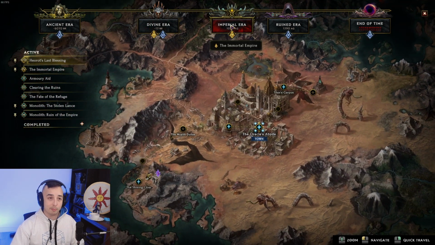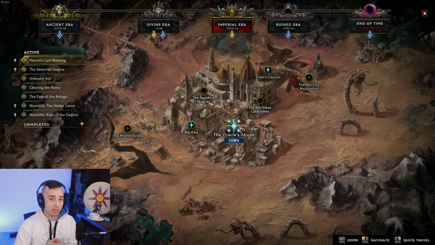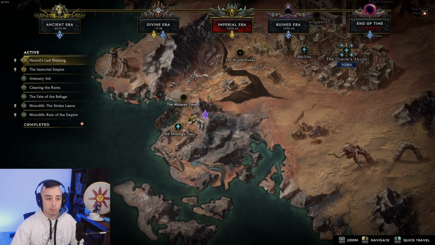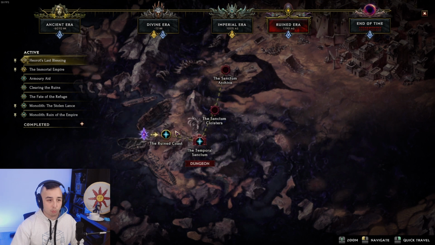So while doing the campaign in the Imperial era, you will get to the Oracle's abode at some point. Talk to the first NPC to the top right of the town. He will unlock a quest for you. You must go back to the Shining Cove, go into this little gate here. That is going to bring you to the Ruined era at the Ruined Coast. And there is one rare monster that you have to kill in the Ruined Coast. He will give you access to an item to grab, and he will also open the door, well, a portal